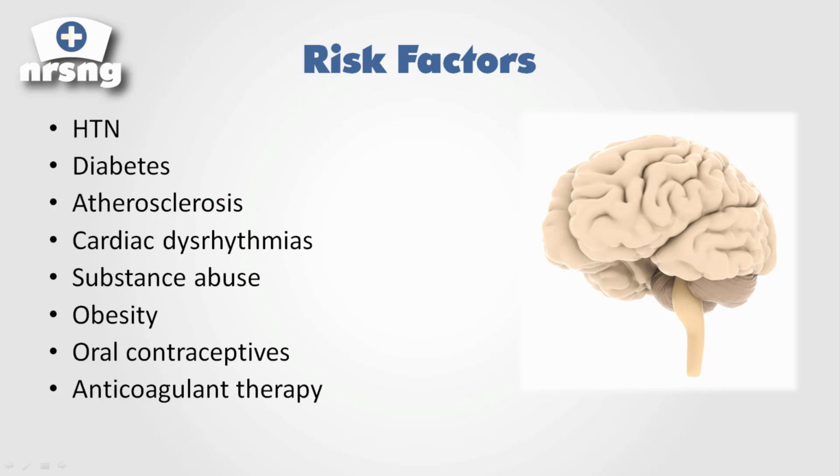So some of the risk factors, what do we need to watch out for with a patient who may be at risk for a stroke? Now, this is going to be similar to risk factors for many things we talk about, right? Because our risk factors are hypertension, diabetes, atherosclerosis. And with all these, we're talking about vascular issues, right? These are making our vessels weaker, and they're making our vessels less adaptable to blood flow and things like that. So blood is less able to flow, vessels become weaker, and atherosclerosis, of course, can lead to clots.